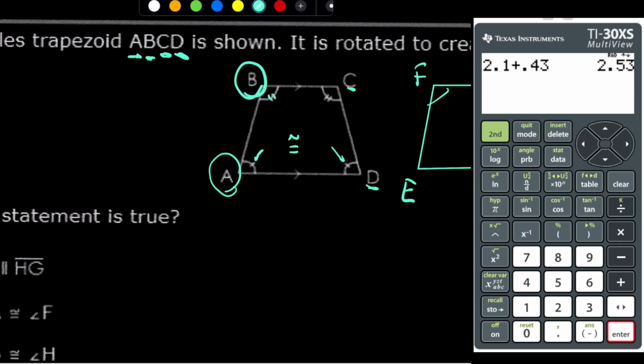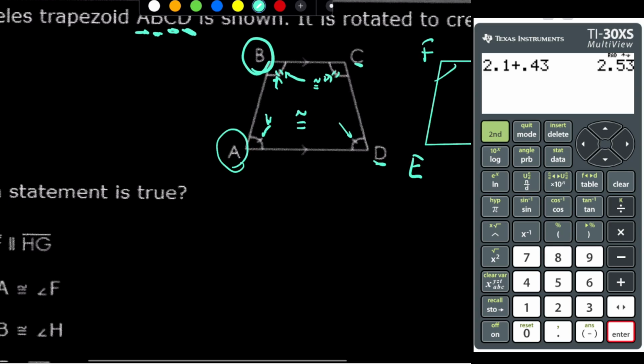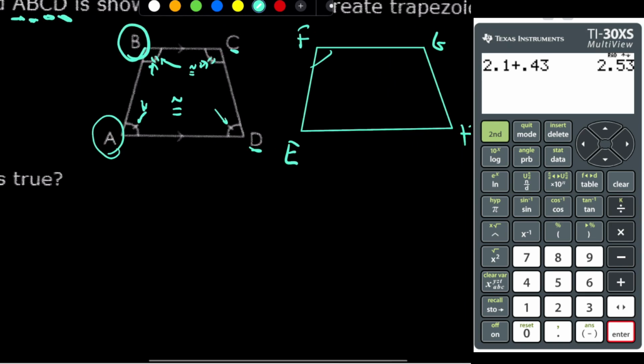This has two hash marks, as does this. So these two angles are congruent. But since they have different hash marks, angle B and angle A are not congruent because they have a different number of hash marks,